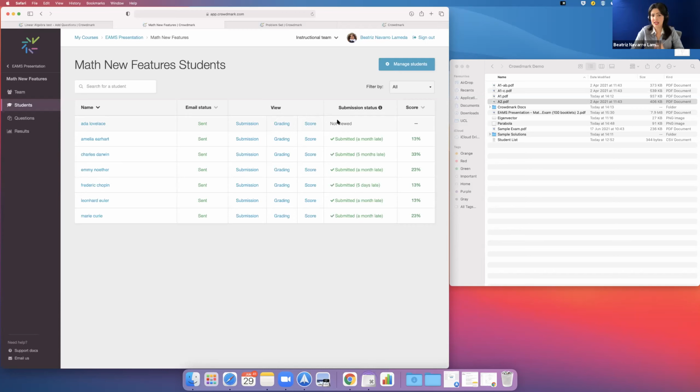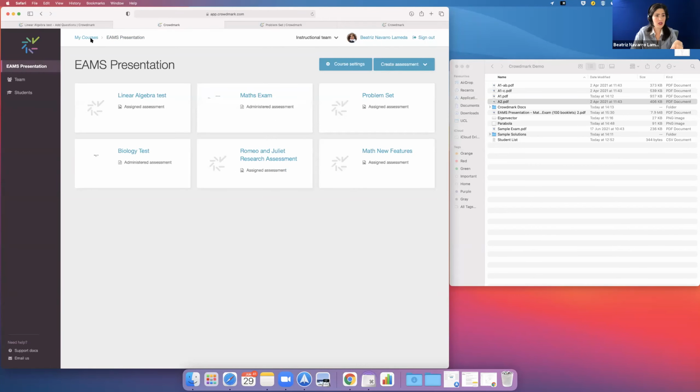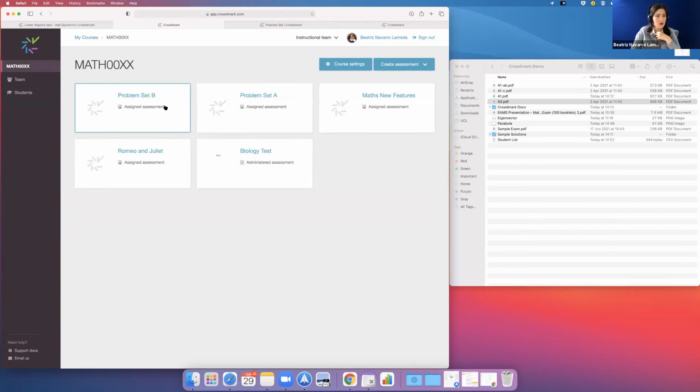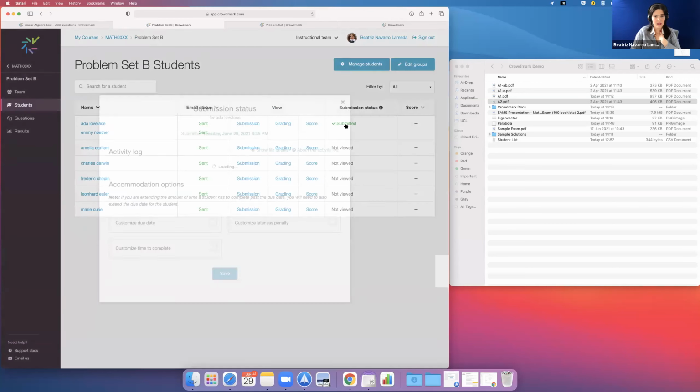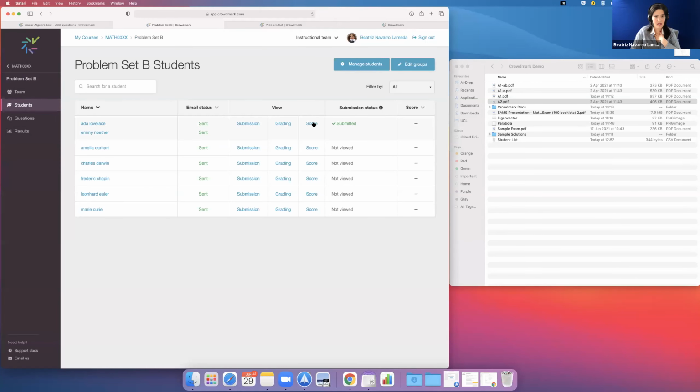Another thing that I've done is, for example, a student submits, as I said before, A, B, and C in the part that was supposed to be only for question A, then I can go and move them. So the student doesn't even need to tell me. I realized that when I was marking, the student uploaded the wrong thing in the wrong place. And I'll just go and quickly fix it. So problem set B, go to students, and I see, for example, they submitted everything, but they made a mistake.